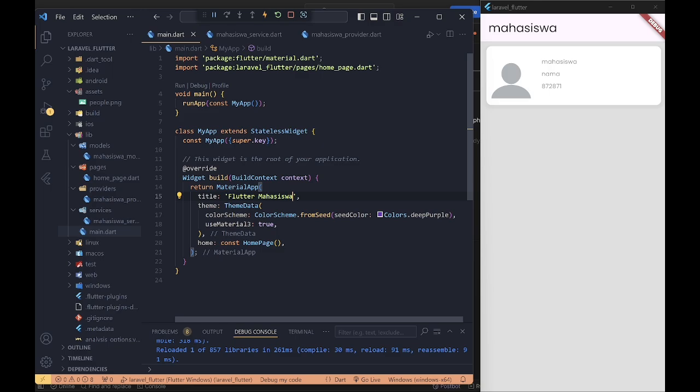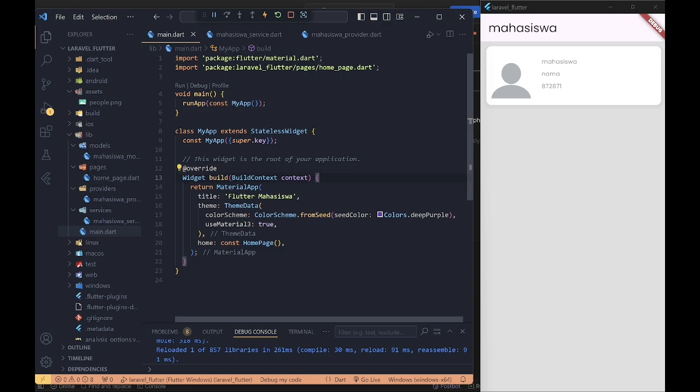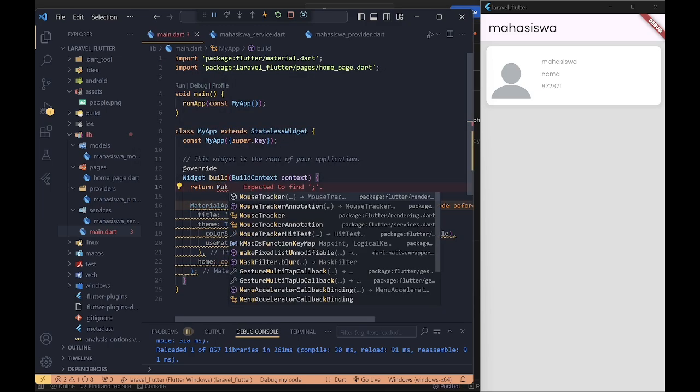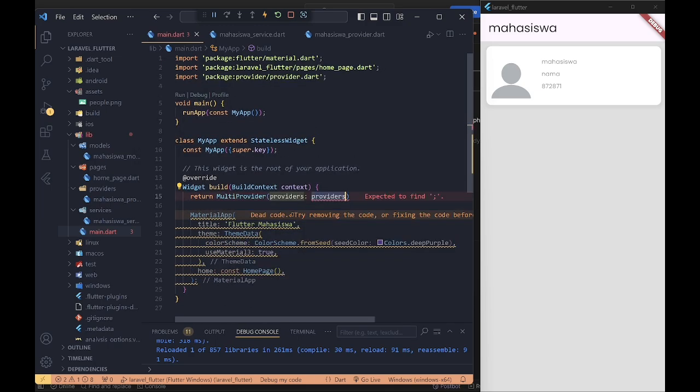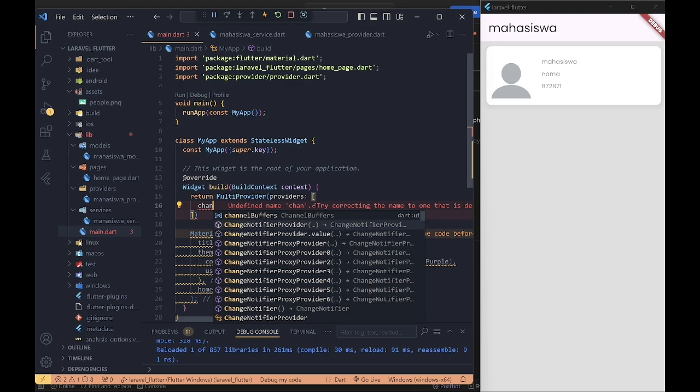And we go to the main. We add this code. You can just type what I type. I use return MultiProvider.